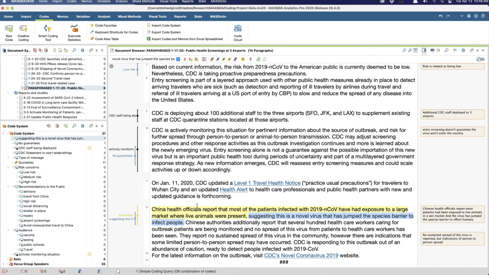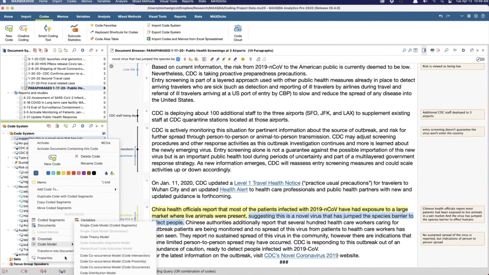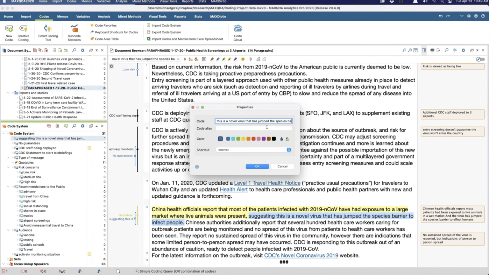Notice it's done. It doesn't give me any choices. But what I have here is a code with that name, so I can look at the properties of that code. You'll also notice that it didn't get the whole thing. It ran out of space because it's limited to 63.